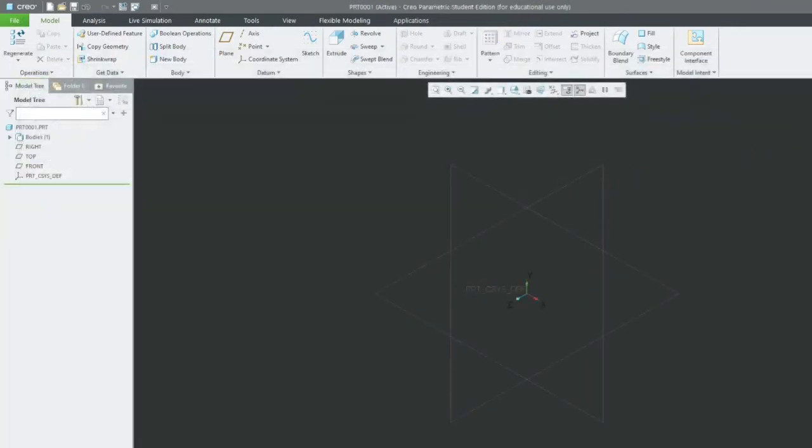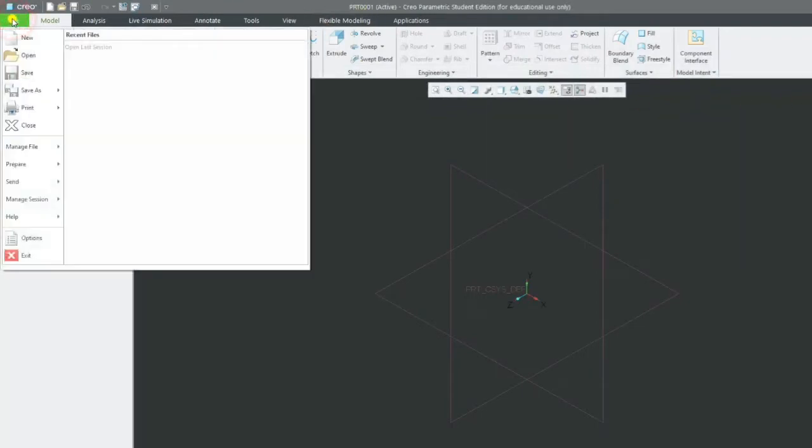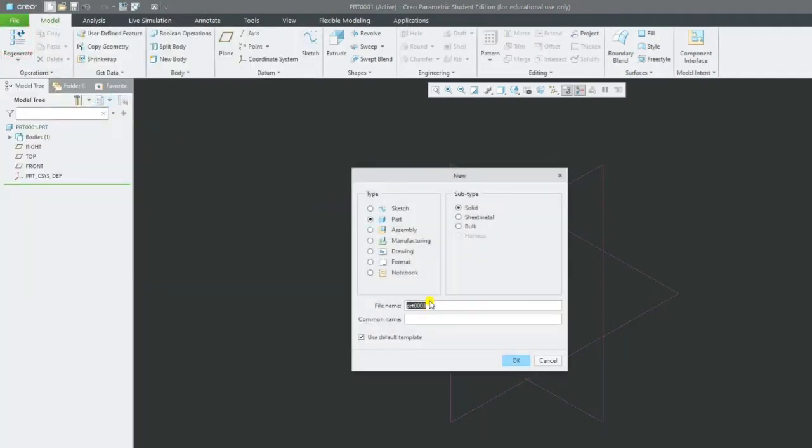Okay. Then, because we have already started, let us start one more new and check it here. Now since it's a first class, we go for trial. Let us say we have trial. We make a trial. What are all these things? Here we have sketch, so you can directly start sketching. You can go for part, assembly, manufacturing, drawings, 2D drawings, all these things you can make, formats of different formats, and we have more.